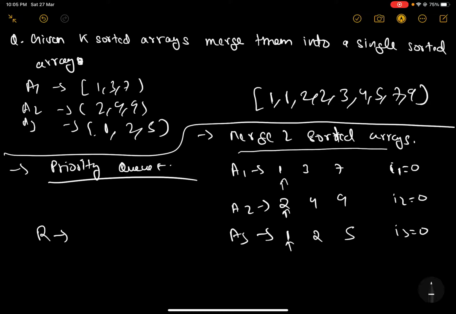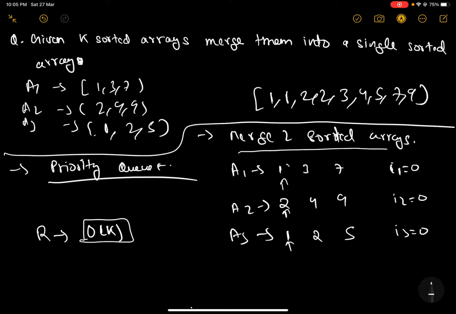For all of these numbers at which the pointers are pointing, I need to find the minimum one among all of these. Since there are k different numbers, the time complexity for finding the minimum number between these k numbers will be O of k if I do it naively. I'm just trying to explain the naive algorithm. At each step I will pick the pointer pointing to the least value, and the time complexity for that is O of k. I have written it down.